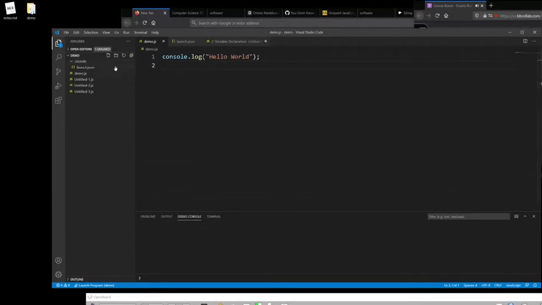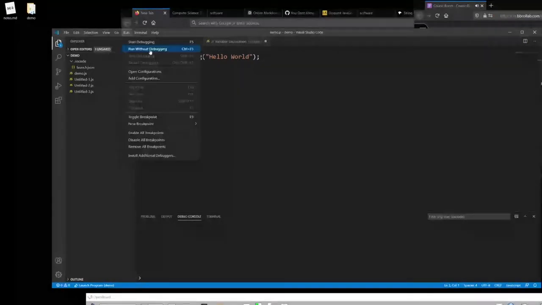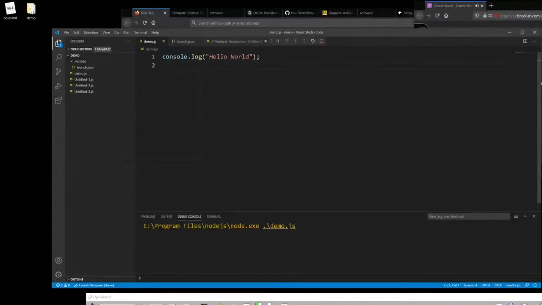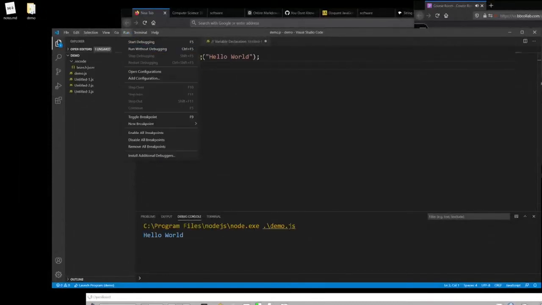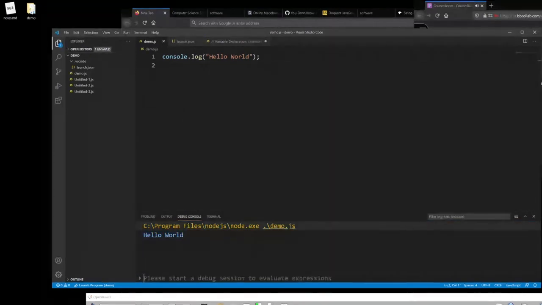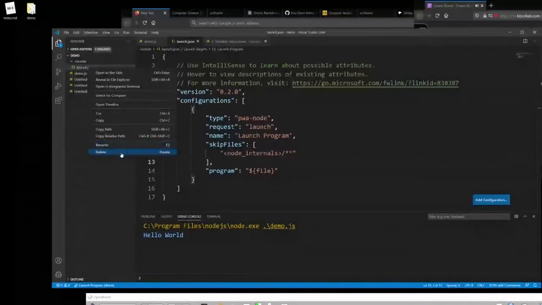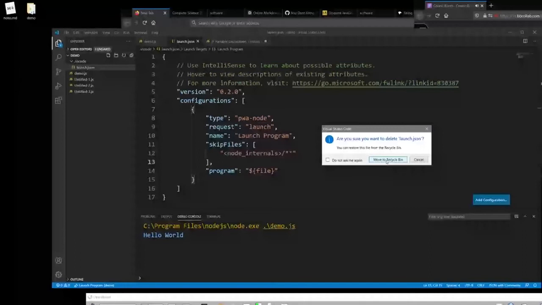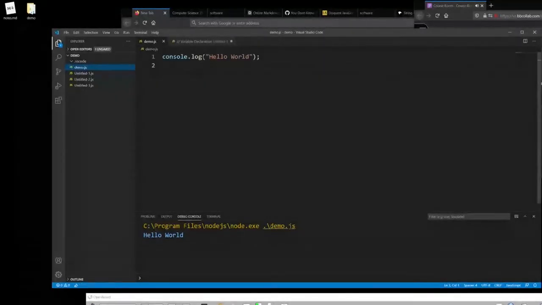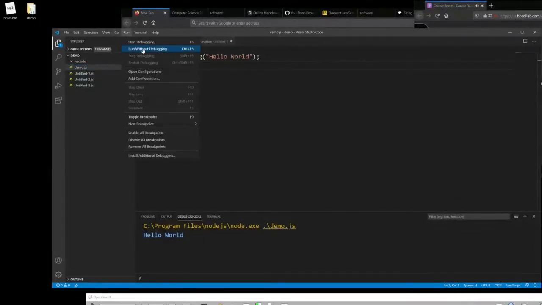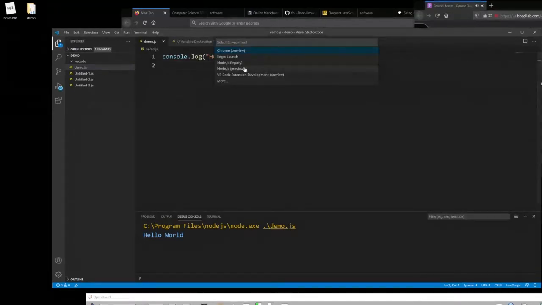Let's see. Okay, so I'm going to quickly run this program over here. There's a run system, and that will print out the outputs. Now, I've had this configured slightly with a launch.json file, but most commonly you won't have this initially, so I'm going to delete it and show you how to get that set up. Typically when you run a program, you'll type it up, you'll click run, and you'll click run without debugging. Okay, and then it's going to ask you